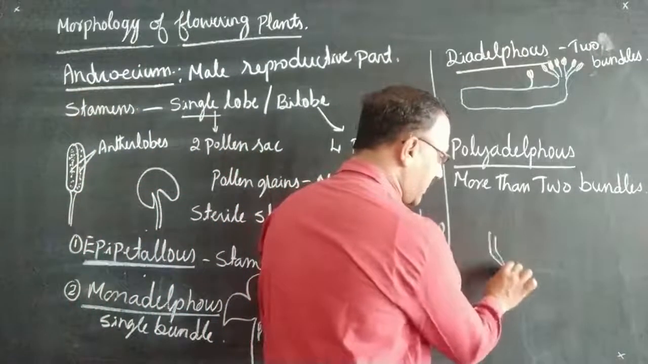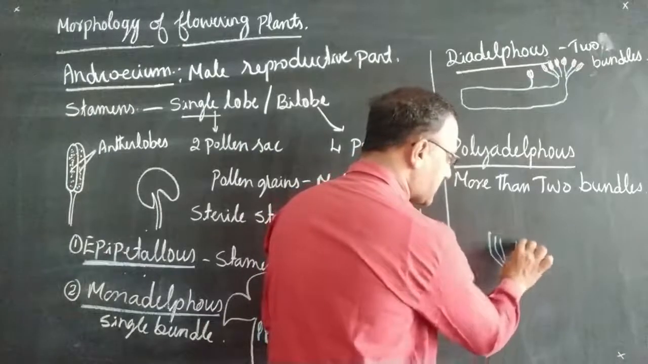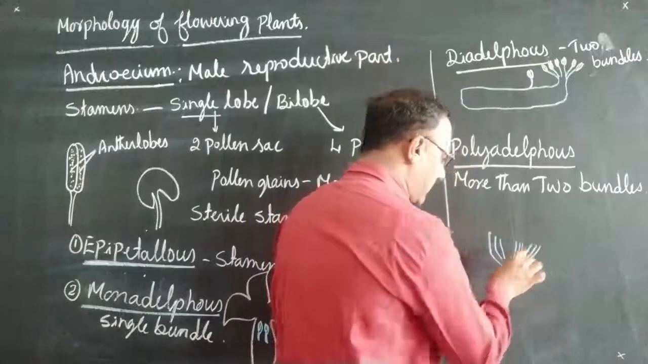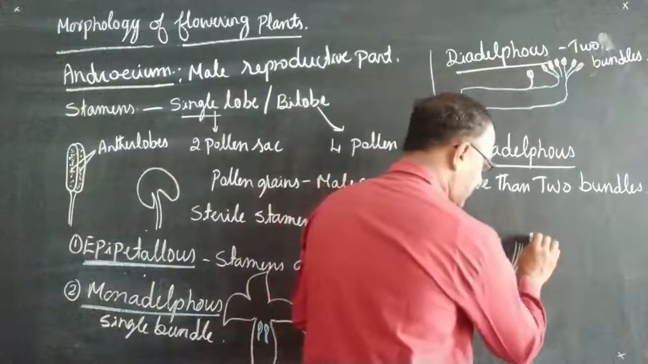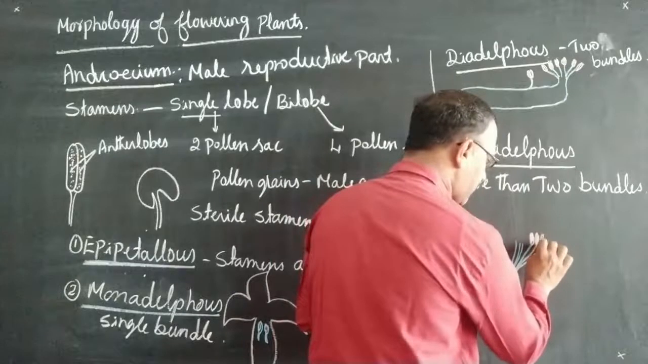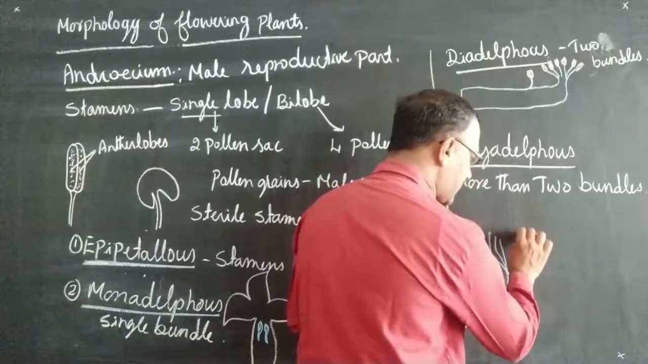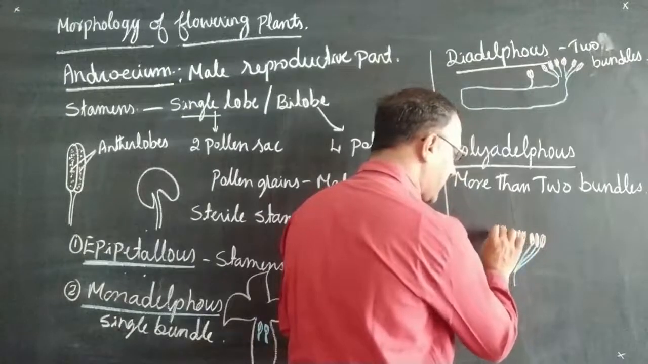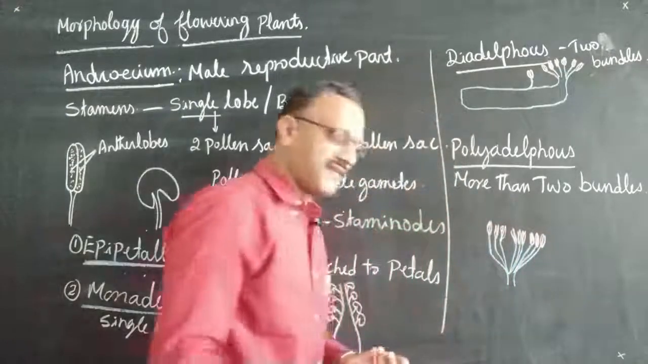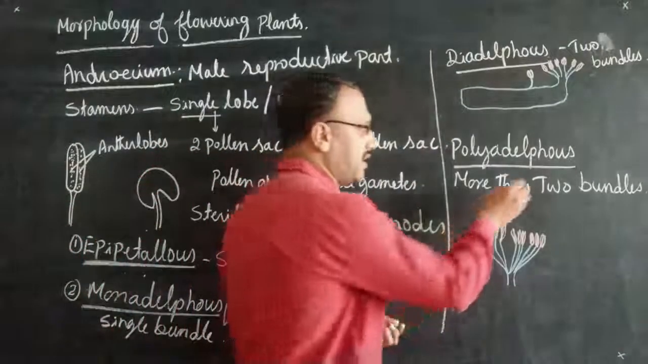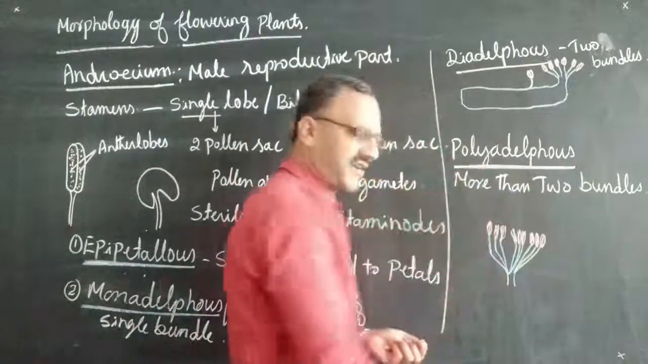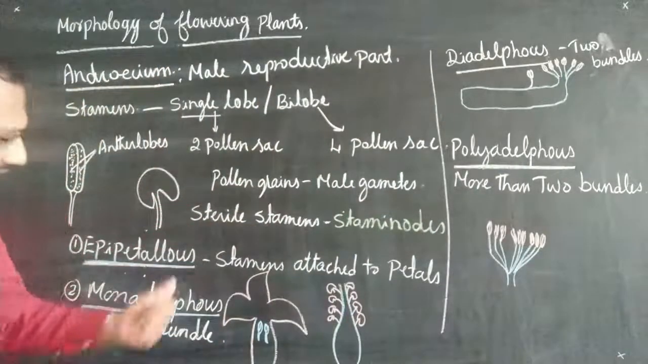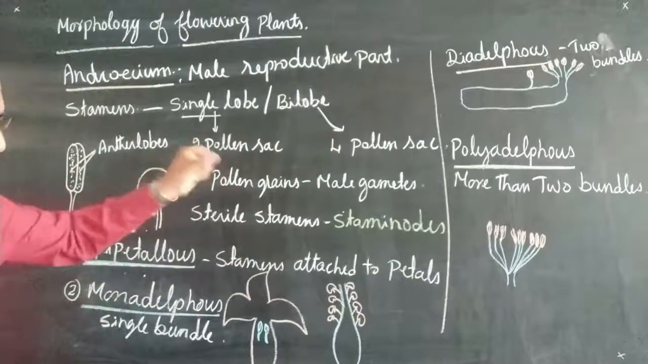It will be found in many bundles, like 3 bundles or 4 bundles, like usually what you can find in case of citrus, Rutaceae members. We come across this condition called polyadelphous condition, where the stamens are found in more than 2 bundles, so such condition is called polyadelphous condition. So whether it may be monadelphous or diadelphous or polyadelphous or it may be epipetalous, always the stamens